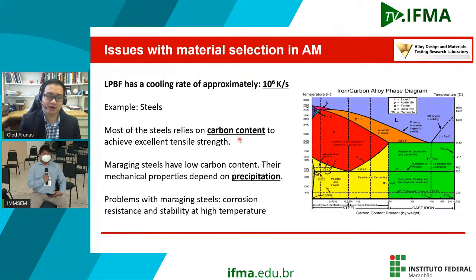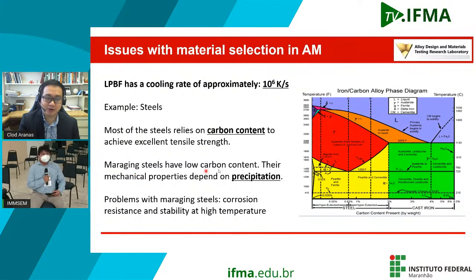The problem with carbon content is during solidification at this cooling rate, it can form carbides which can induce cracks. Um dos problemas desse carbono na composição química é que nessa alta taxa de resfriamento pode formar carbonetos que podem trazer, ou seja, formar trincas. Which means we have to use a material with low carbon content such as maraging steels. Então a gente pode usar um outro aço que tem composição de carbono muito baixa, como os aços maraging.